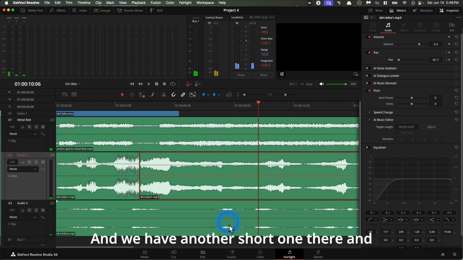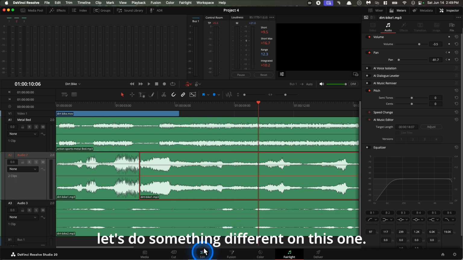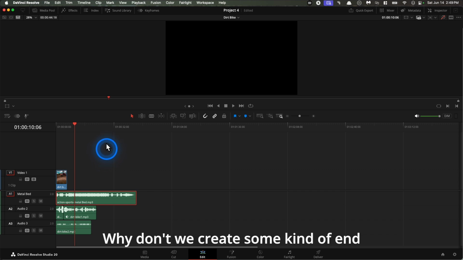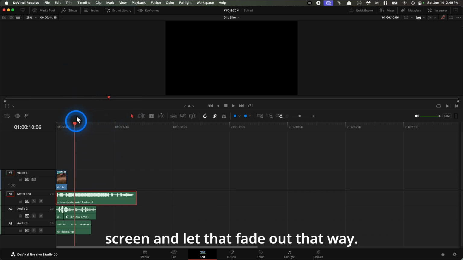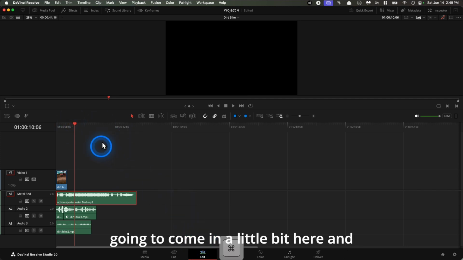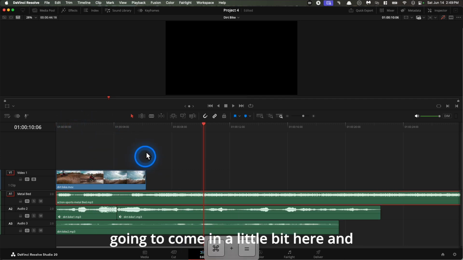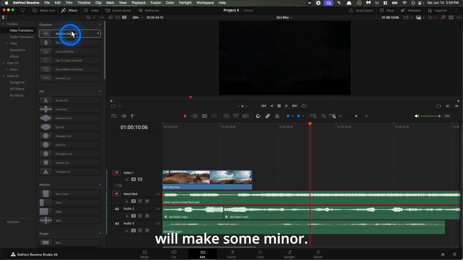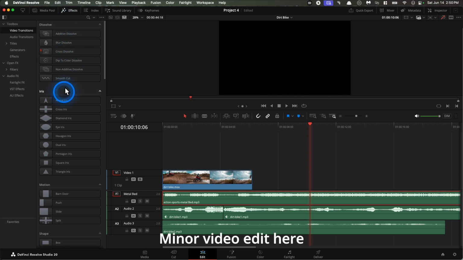And we have another short one there, and let's do something different on this one. Why don't we create some kind of end screen and let that fade out that way? So I'm back in the edit page, and I'm going to come in a little bit here. And now I'm going to bring you into the effects panel, and we will make some minor video edit here